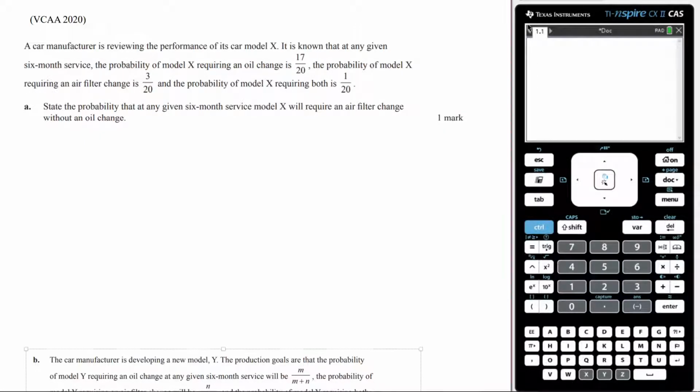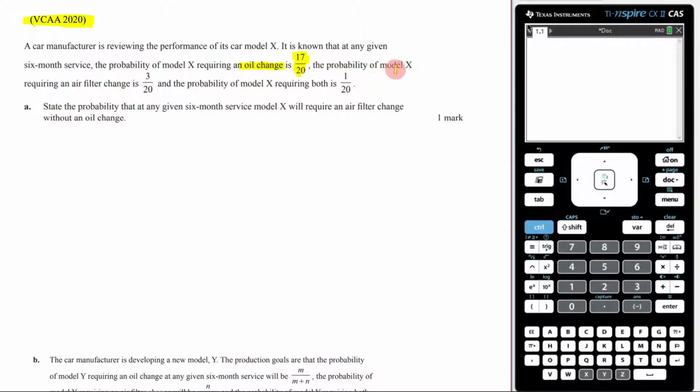We're going to answer this question before us. It is taken from a Year 12 exam from 2020. It says a car manufacturer is reviewing the performance of car Model X. It is known that at any given 6-month service, the probability that Model X requires an oil change is 17 on